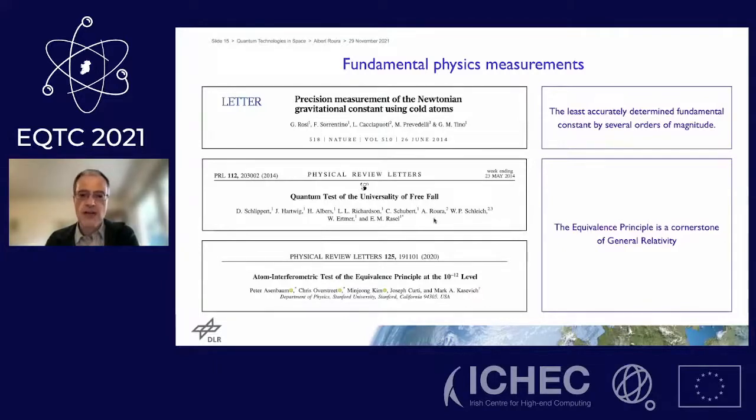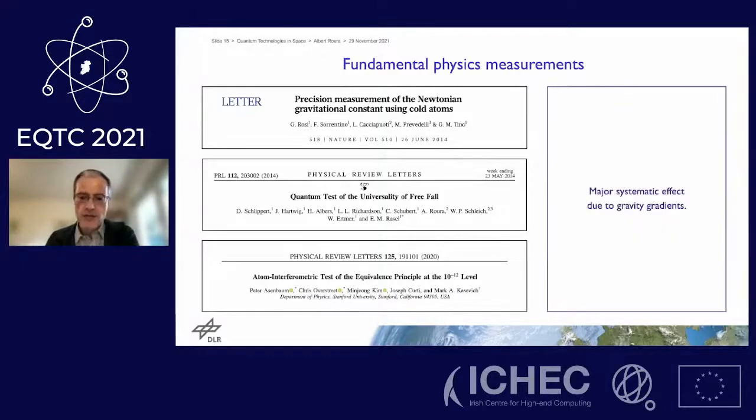There have been several elements, but there is one which is also an important point, which is also relevant for planned improvements in measurements of the gravitational constant, G, in the future, and it has to do with gravitational gradients. So what I described on my previous slide, the explanation was based on the idea that one has uniform gravitational fields, but in reality there are small deviations with respect to a uniform gravitational field. And these lead to very small effects, but for these very precise measurements, they become one of the major